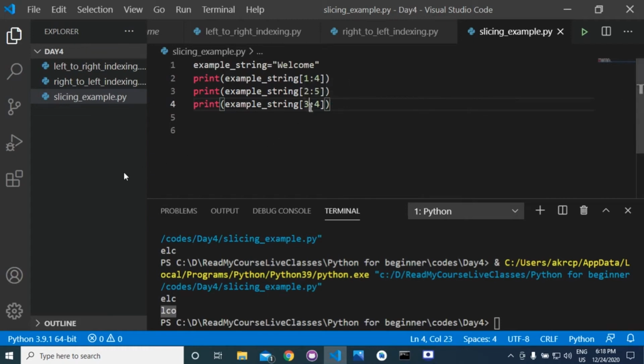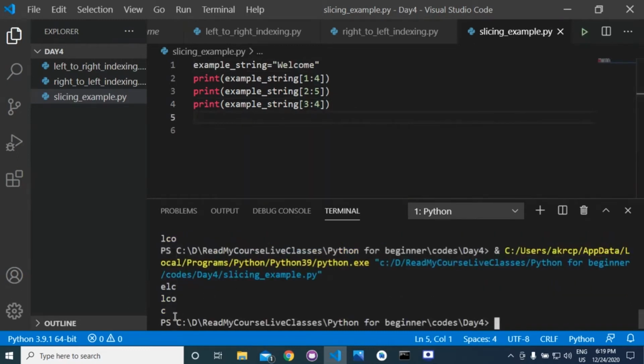In this case, we will start from 3 and go up to 4 minus 1, meaning 3. So we will start from 3 and end at 3. So we will only get the value at position 3. This is 0, 1, 2, and this is 3. So we'll get the result C. So it is printing C.